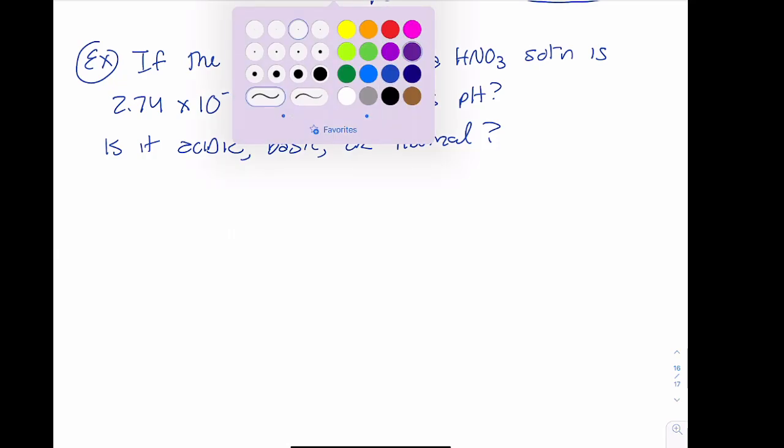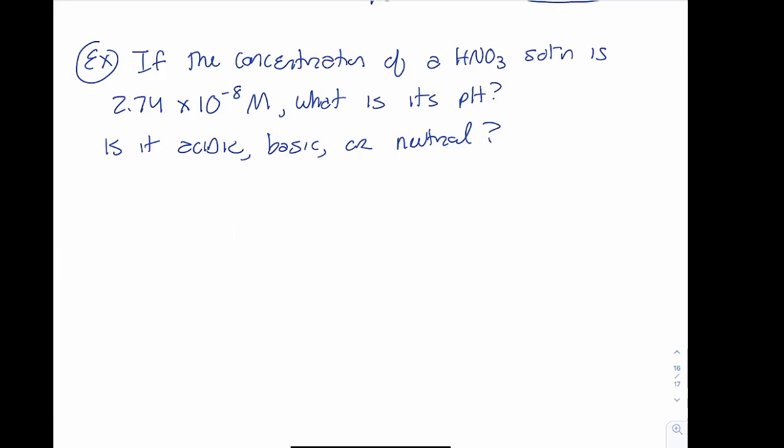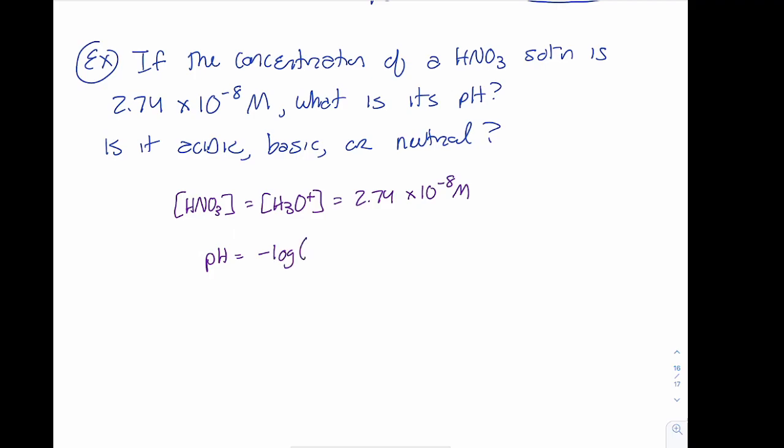Alrighty, hopefully you guys did that. I know that the concentration of my strong acid, nitric acid is a strong acid, is equal to my concentration of hydronium ions. So that is 2.74 times 10 to the negative 8th molar. So to figure out the pH, it's just a matter of taking the negative log of that value. And I'm grabbing my calculator. And I get